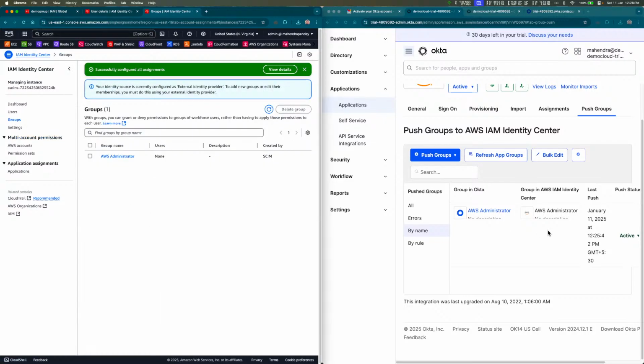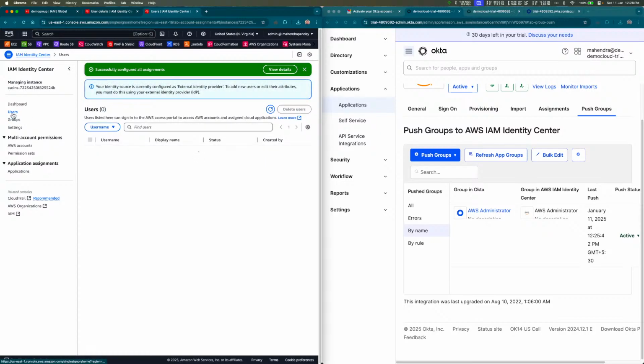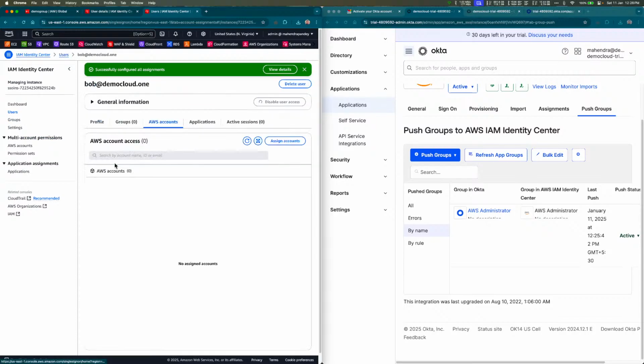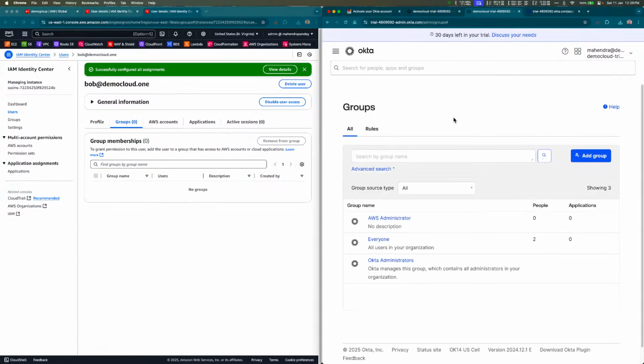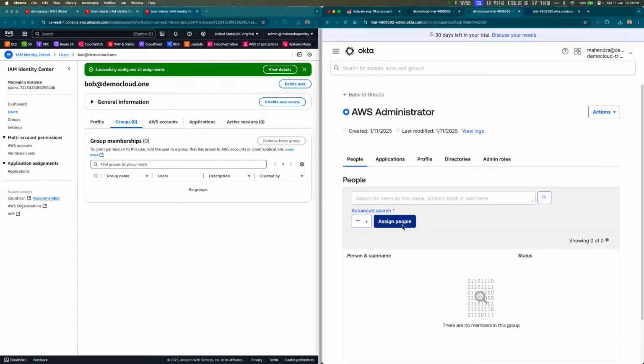So now every user that is added to the group, as you can see here, I can go to users and see Bob has no AWS account assigned right now because he's not part of the group. Now what I can do is, the moment I add Bob to the group here, assign people, and I'm not doing it from here. The identity source is coming from Okta, not from here. So I'm not going to make any change. I'm not going to add a user to this. No. So I assign people,